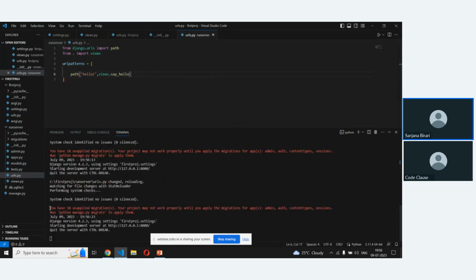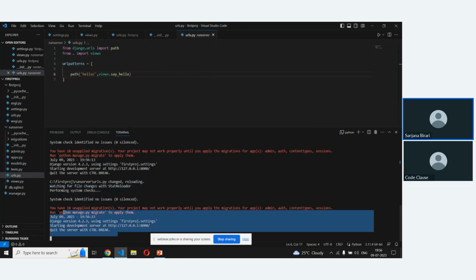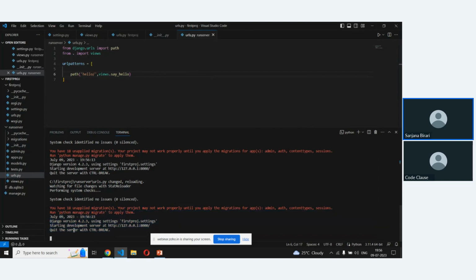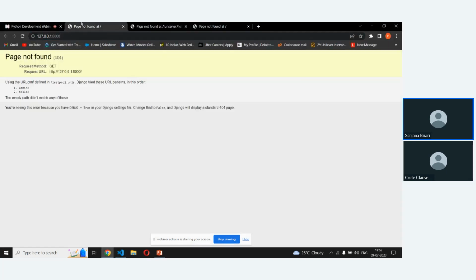So if you see your terminal after changing all the things, if you have an error, then solve that. Otherwise, you can directly run this by path. It's not running.